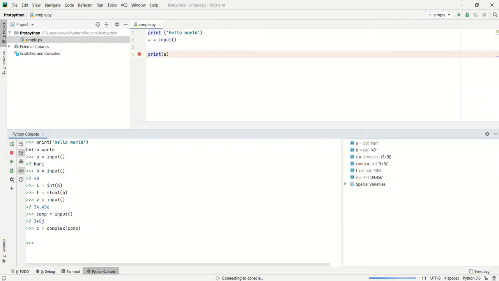In a similar way we can convert an integer variable into a string, or a floating variable into a string, which can be done with the help of the str function.